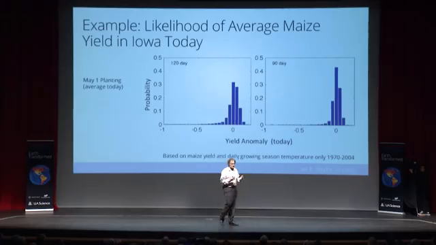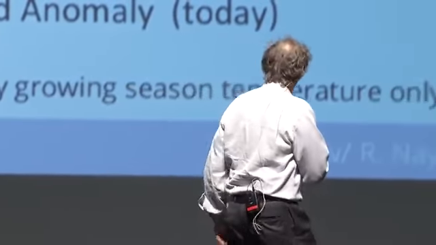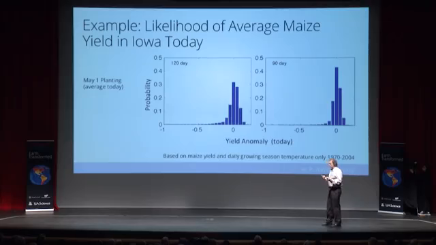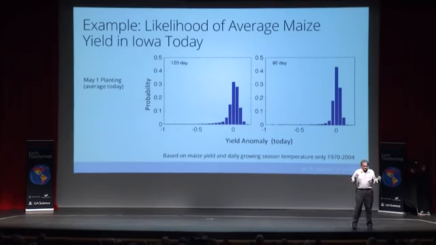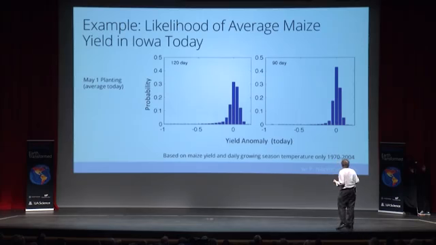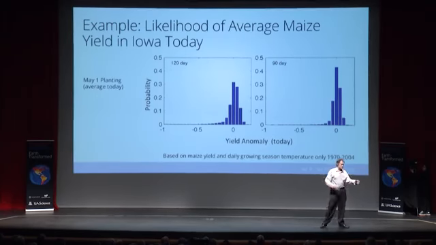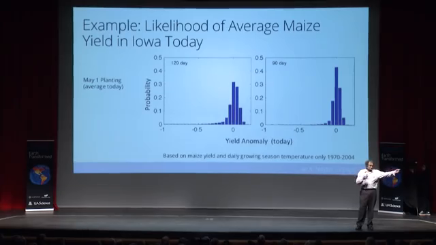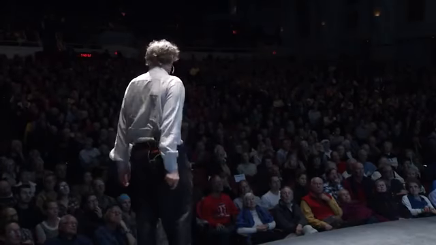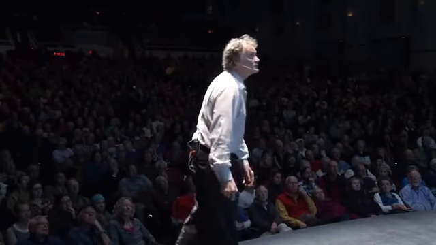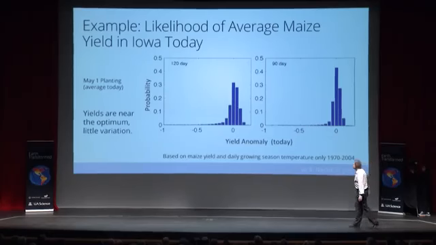And in fact, Iowa, like upstate New York, is actually on the cold side of the optimal, right? So as you warm a little bit, you actually do better for a little while, okay? If instead of planting the 120-day variety, which I want to plant because that gives me the most yield, I say I need an insurance policy just in case it's a really hot summer, I can plant a 90-day variety, and yeah, you reduce the volatility a little bit. The reason why you wouldn't want to do this is because even under the best yield you can do with a 90-day variety, you don't get as much yield as the 120-day variety. So in fact, that's what we did growing up. We planted like 80% of our crop as 120-day and 20% 90-day. So yields are near the optimal, there's little variation.